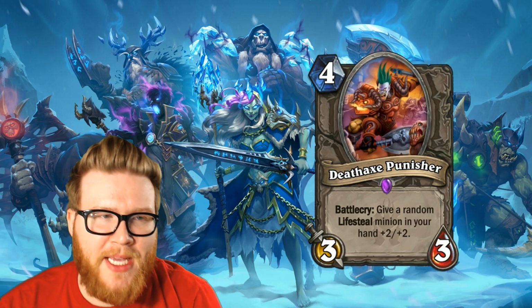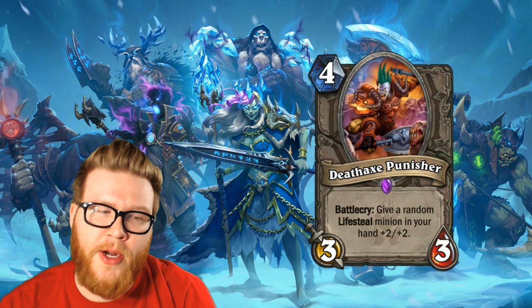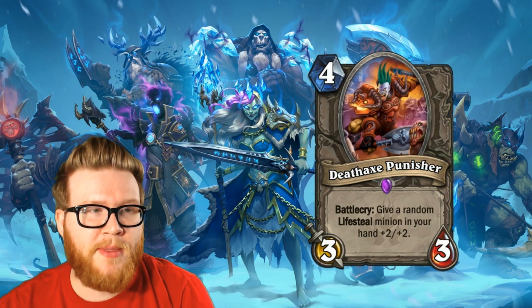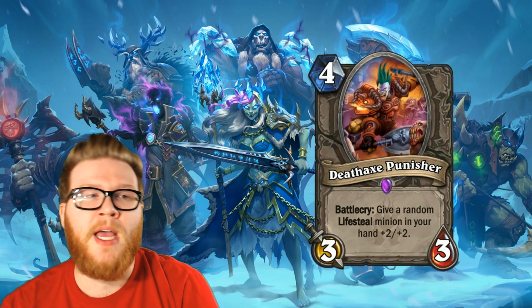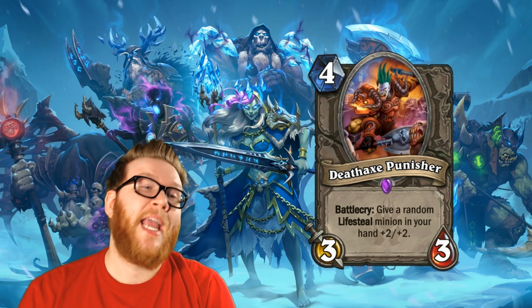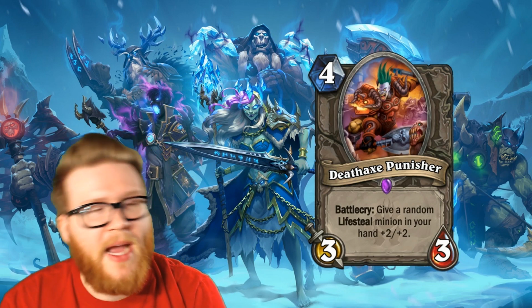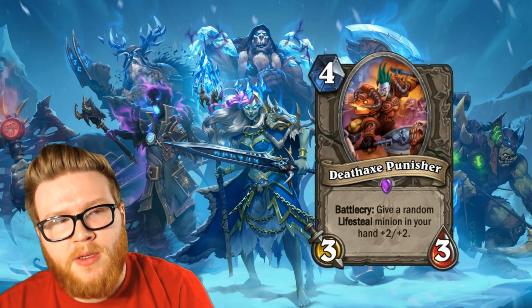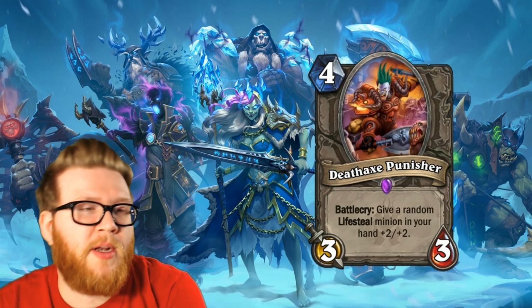So this is essentially a hand buff style card, but specifically for lifesteal minions, which I think is kind of cool. If you had something like a Wicker Flame Burn Bristle, for instance, you could be sure that you build yourself a really big Wicker Flame Burn Bristle, and your opponent is actually forced to interact through that Wicker Flame Burn Bristle because it has taunt. So I like that idea of the Deathaxe Punisher here,